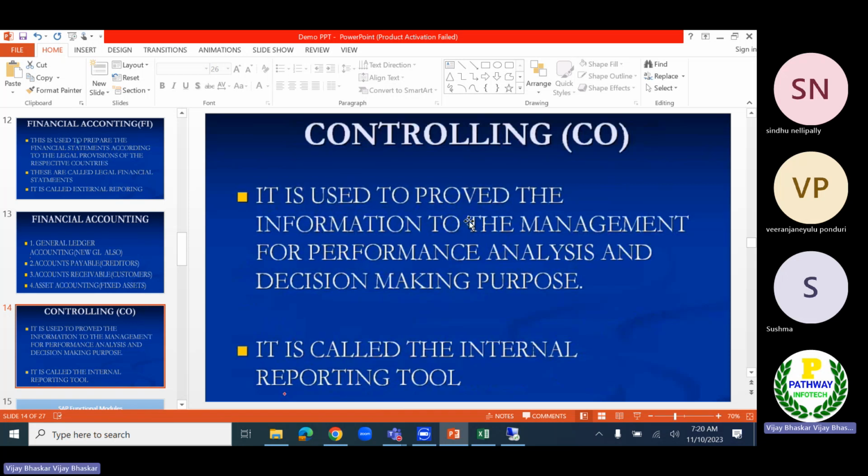It is used to provide information to the management for performance analysis and decision making purposes. As I mentioned, the controlling module is only for management reporting and internal usage only. It is called the internal reporting tool, the controlling module.